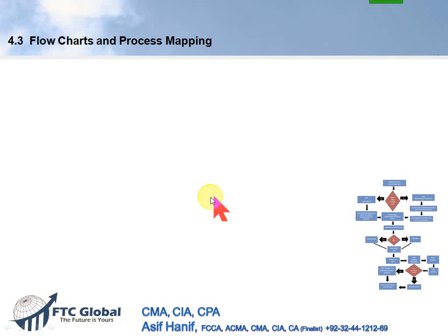Okay, the next topic we have is 4.3 flowcharts and process mapping. What is a flowchart? A flowchart is simply something that you can see right now on your screen at the top and the bottom right corner. So a flowchart is basically a graphical representation,